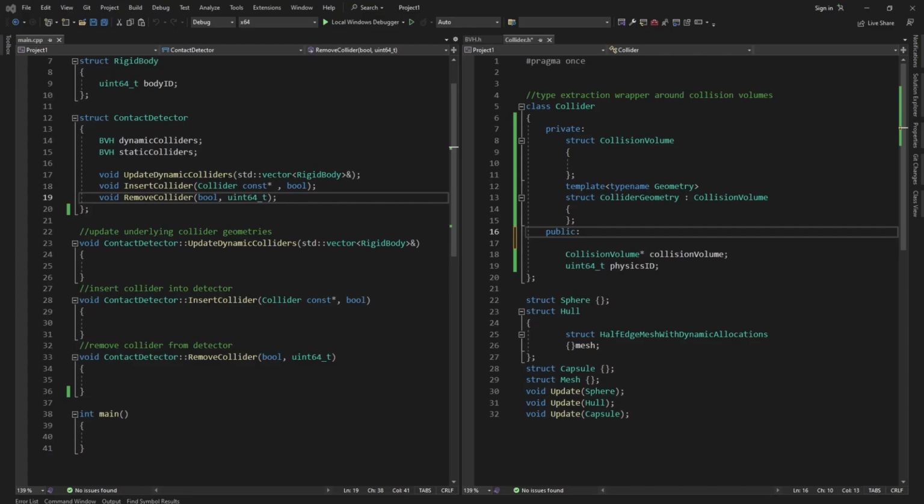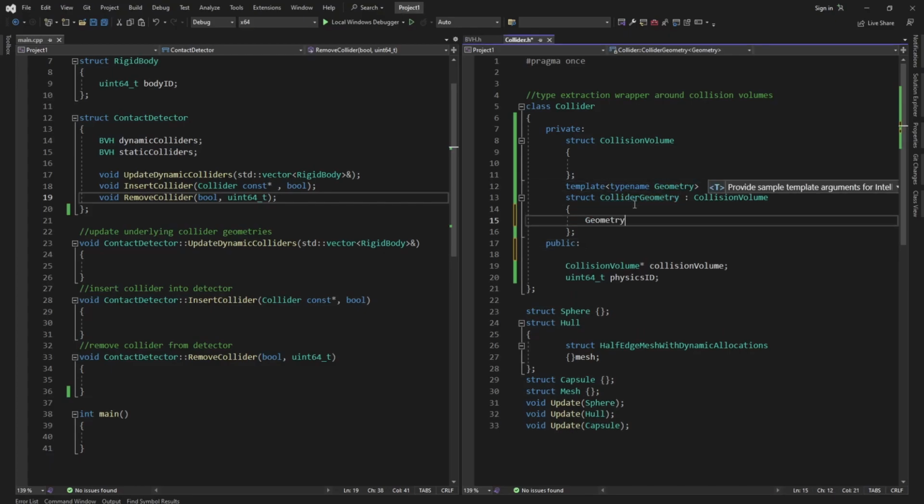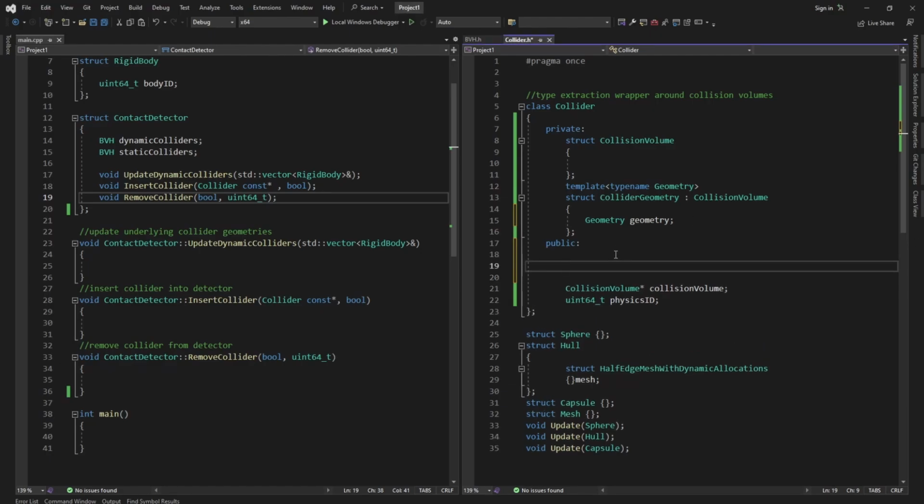And I actually forgot, but here in the collider geometry, we want to store the geometry itself, and this will be one of these four shapes that get passed in as the template argument, and the constructors, which we can go ahead and make now. And so there's going to be two constructors. The first will just be